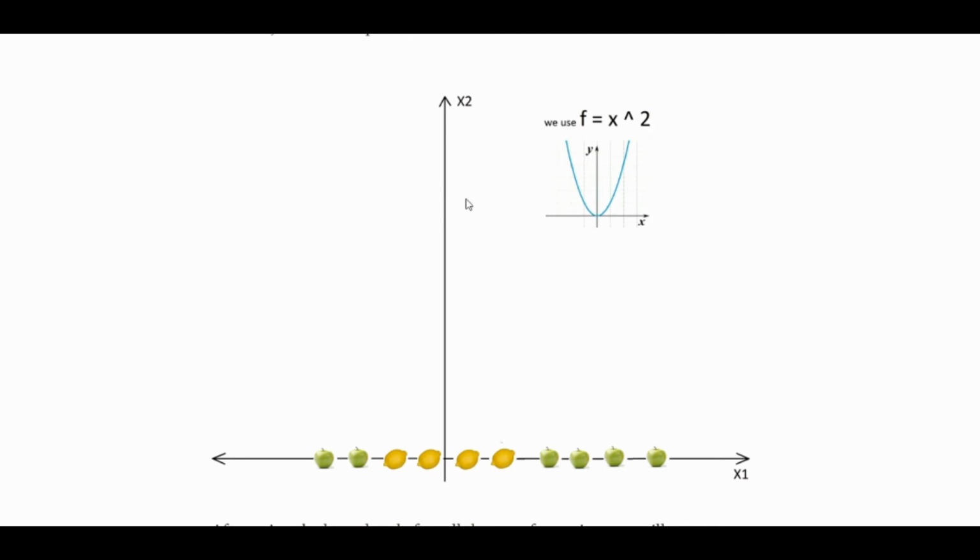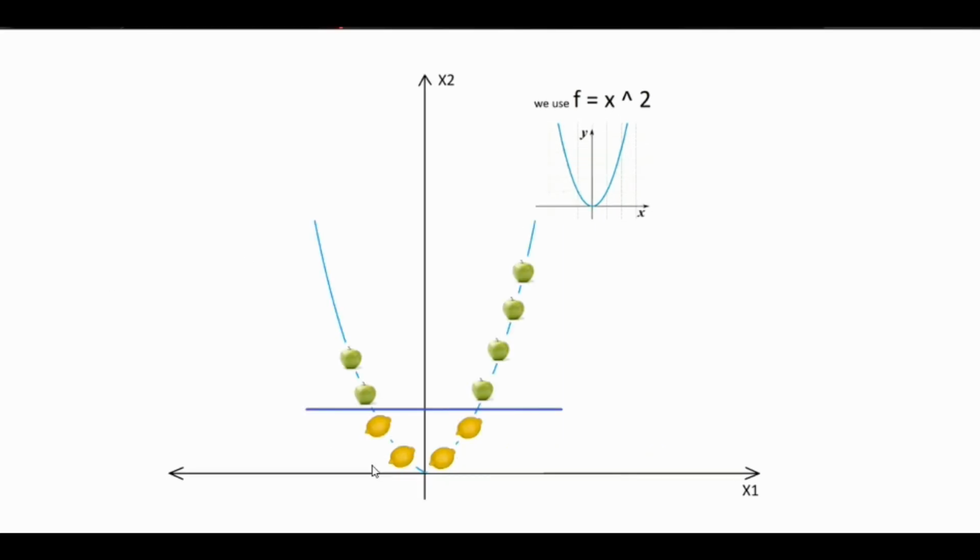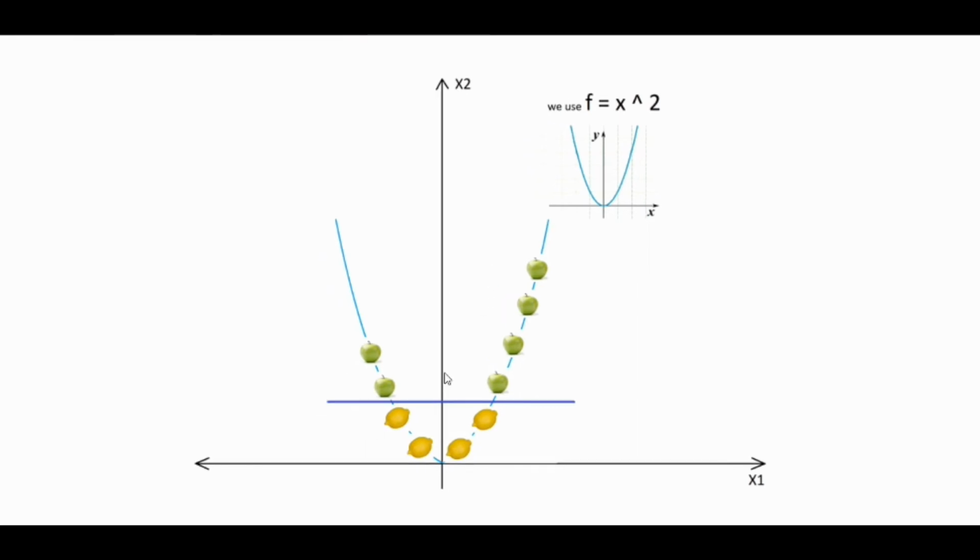Just think of applying this function over this axis and then projecting the data points over the axis. You can see that the green apples will be on the curve and the yellow lemons will also be on the curve, and you can create a hyperplane which will split these data points from each other and make a classification model. The green apples and yellow lemons are now separate. They were not linearly separable, but they are now separate because of adding a new function and another dimension, which means we are making this 2D space into a 3D space.